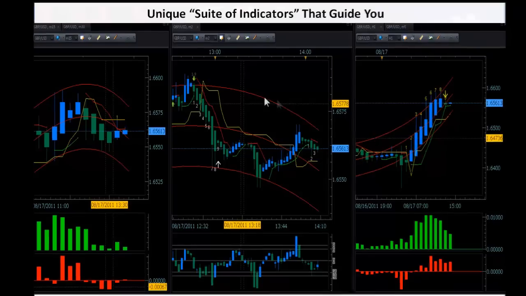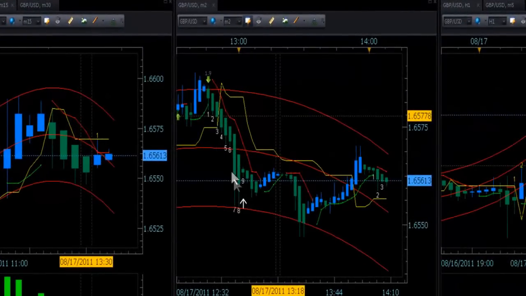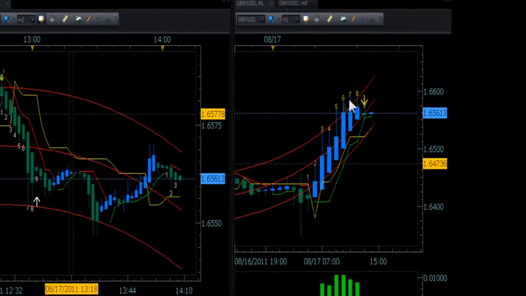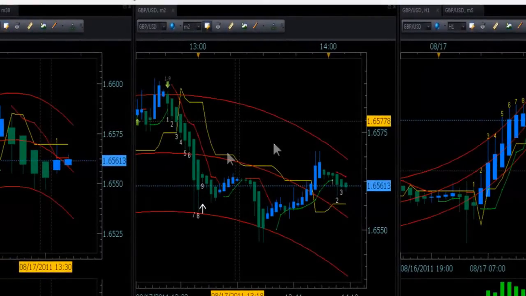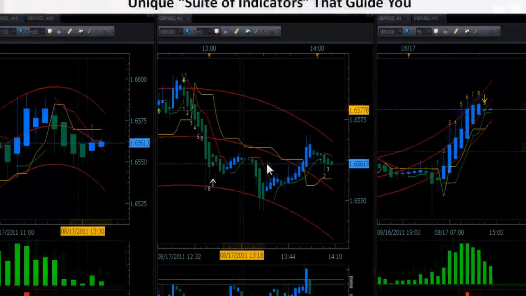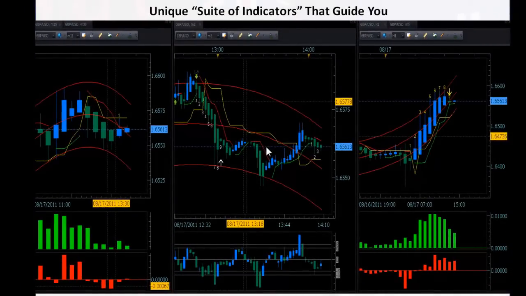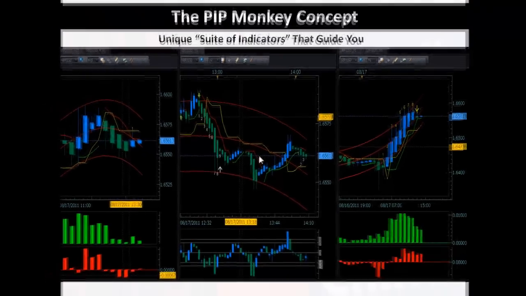Very important to understand. Now there are some other indicators you see here that have numbers underneath the candles. There's ones that have numbers over top of the candles. There's one that you see these red bands that are curving. There are others here that have other lines. There's red ones and then green lines with dots and all this stuff. We're going to get into all this. Just suffice to say that these 6 indicators show you 3 things, and we'll get into it more. It shows you trend direction, it shows you trend strength, and it shows you trade placement, and actually even talks about your exit. And we have the strategies that go with it, and the rules that you'll follow, which